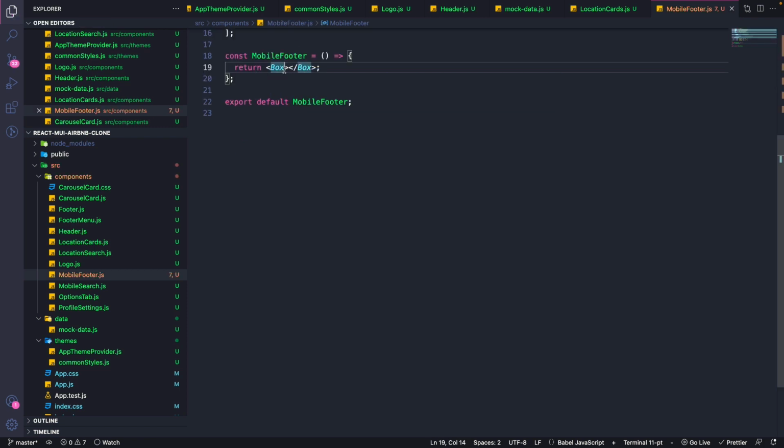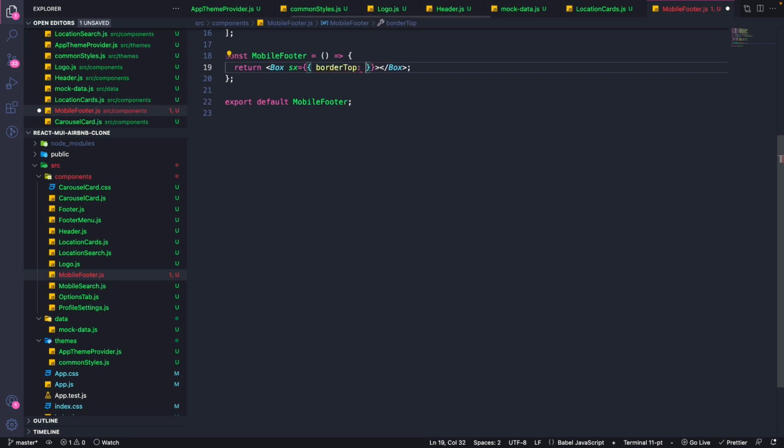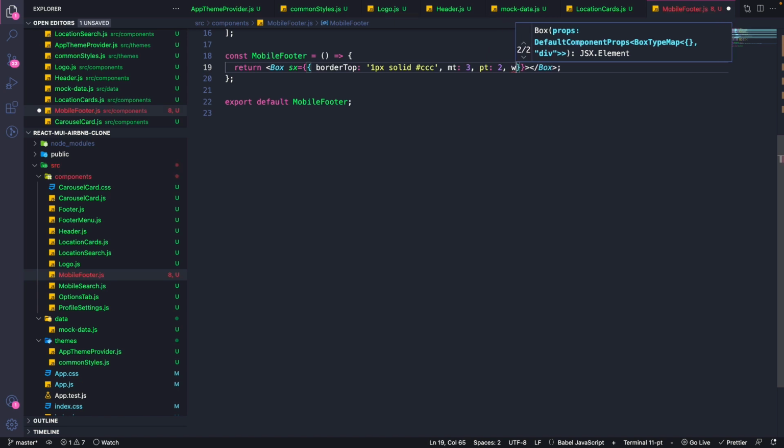Let the box component take in the SX property having border top set to 1px solid #ccc, margin top of 3 units, padding top of 2 units, width set to 100%,